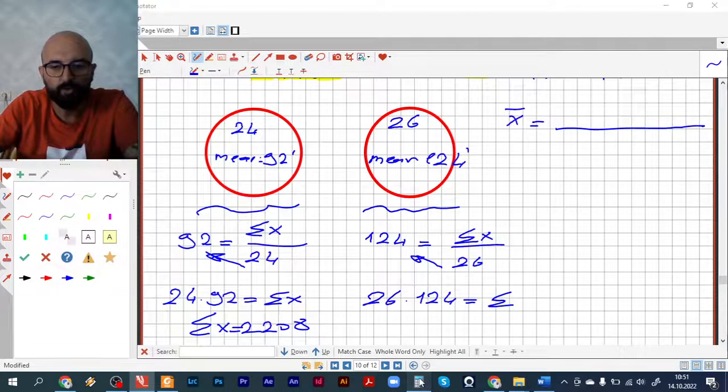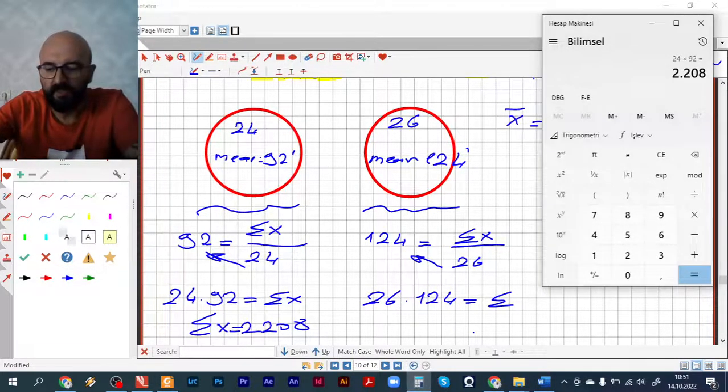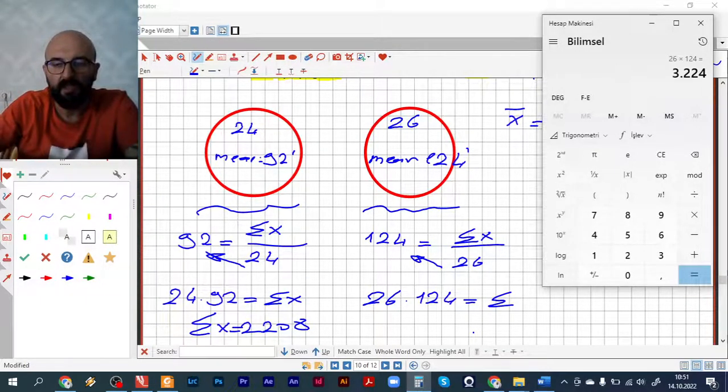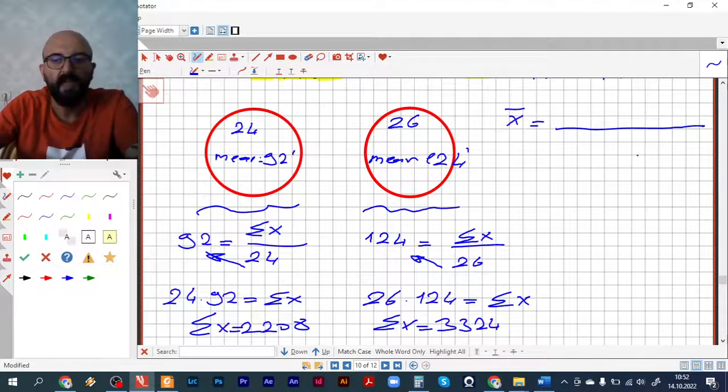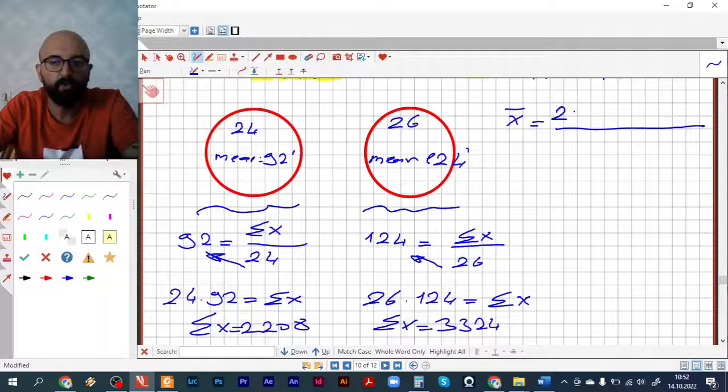And the other group, 26 multiply 124, is 3224, 3,324, and the total of all films' playing time is